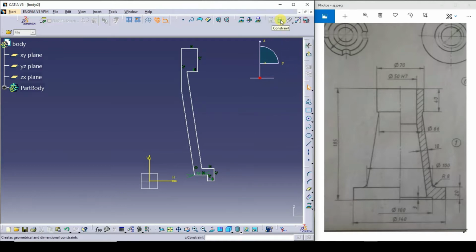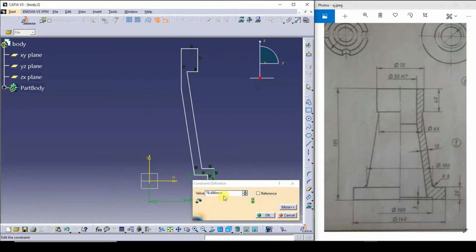You go to the constraint, you double click on this continuously. From here to here it is 140. Half of 140 is 70.